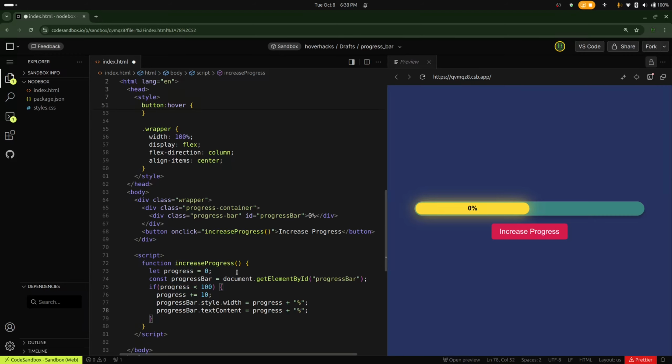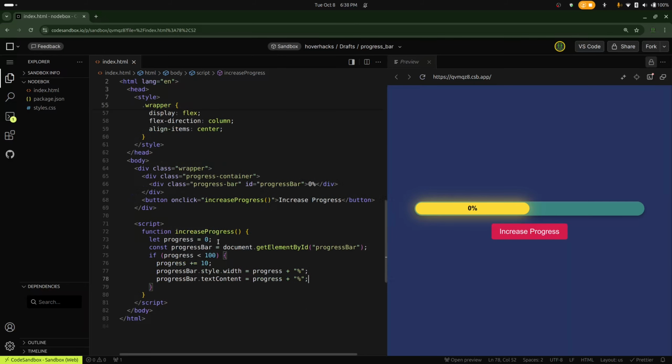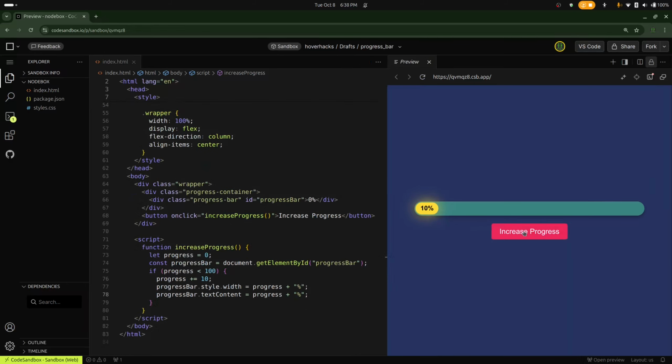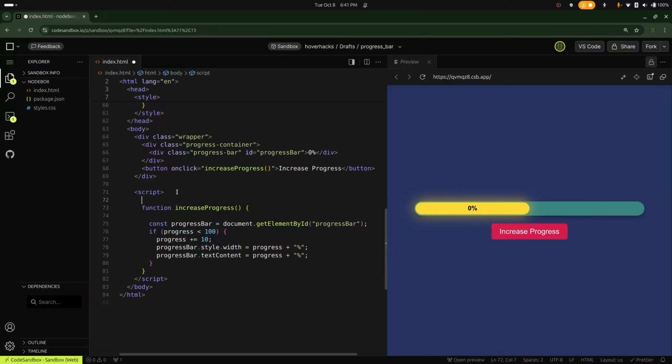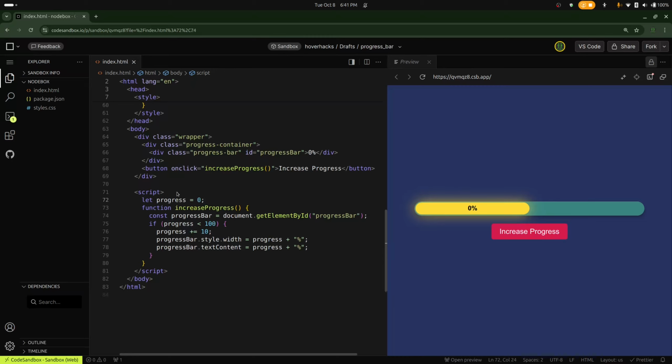Now let's try to run this and see if it works or not. So I guess there is some issue. Let me fix it. Okay, here was some basic mistake. This let progress variable should be outside this function so that it holds the new value instead of resetting every time we call the function. So now,